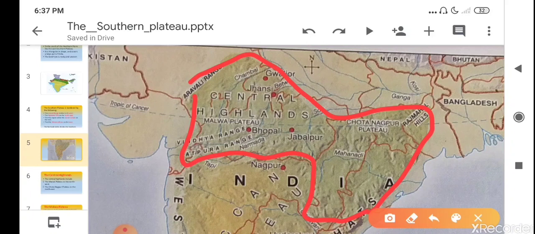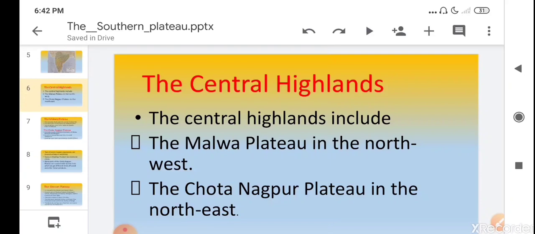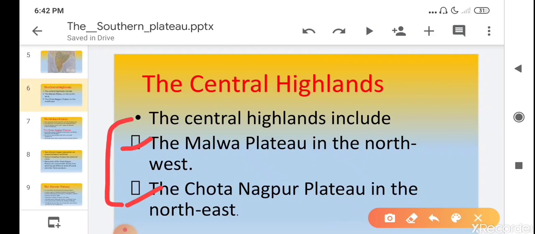The Central Highlands include two plateaus: the Malwa Plateau, which is in the northwest, and the Chota Nagpur Plateau, which is in the northeast.